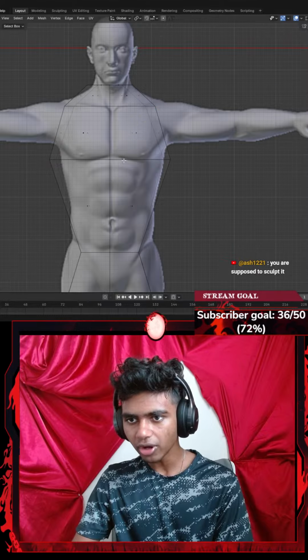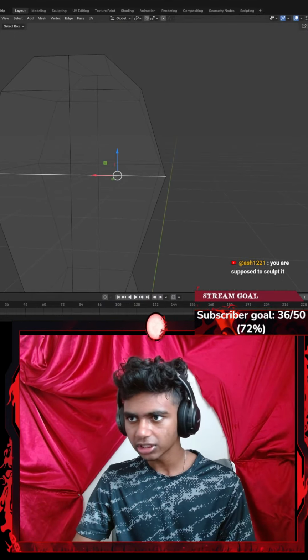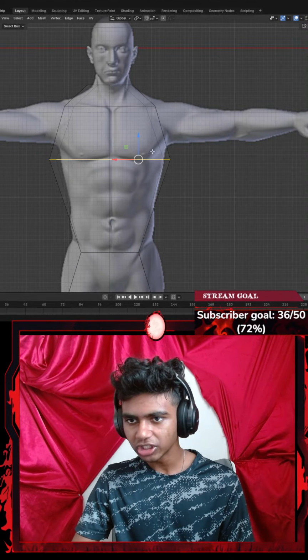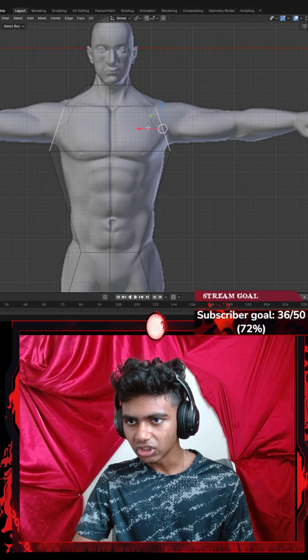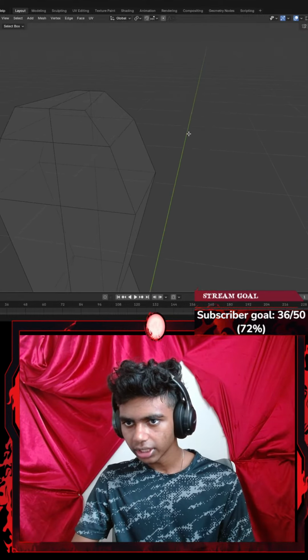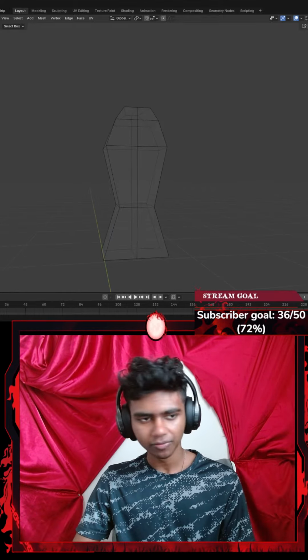I think that's good. Maybe I want to go ahead and get my loop cut a bit higher. Can I select my loop cut using face select? There we go. I want to select both my loop cuts. I'm going to go back to the y-axis, get this a little higher. There. Now I can go ahead and decrease the size. Okay, is that symmetrical? I think that looks somewhat like a guy. I think I'm making some progress.